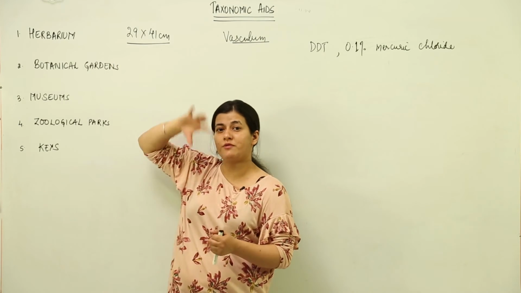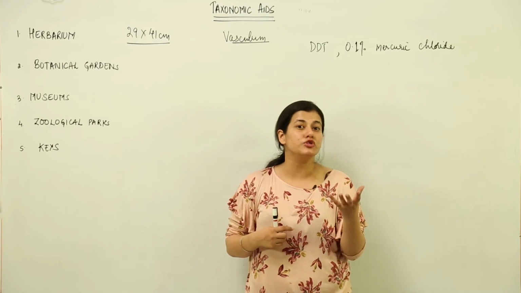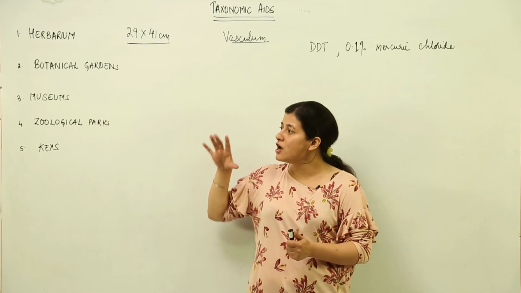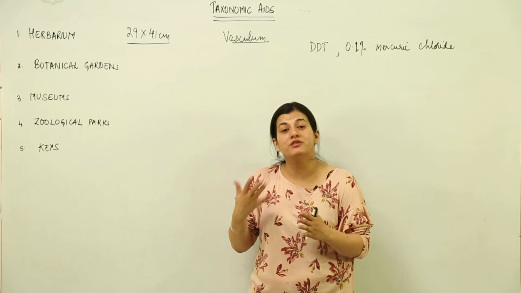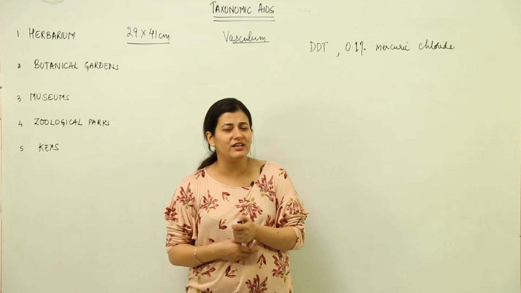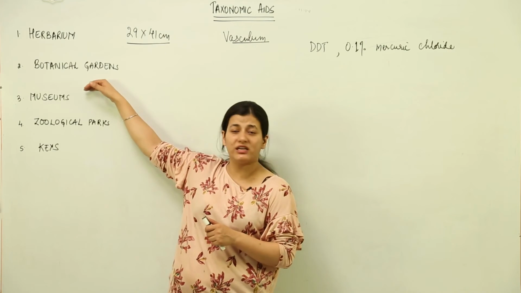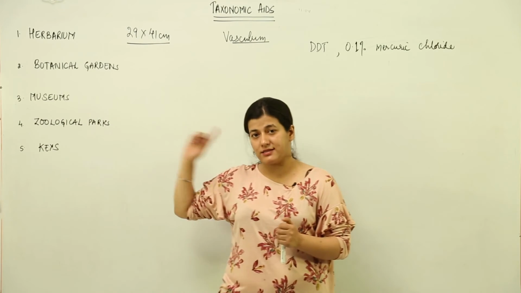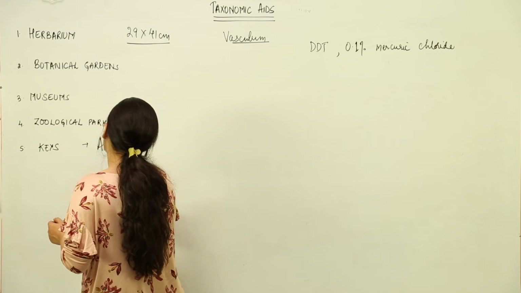Then those which cannot be contained in herbarium sheets, supposedly if I am talking about a gymnosperm, we cannot have a gymnosperm stuck to a herbarium sheet. For that we will have a museum where parts of it would be stored and preserved. We have many museums, and I need not tell you in detail what museums have. They have preserved animals, not in their living condition, unlike botanical gardens and zoological parks. The last one is the taxonomic key, which is an analytical taxonomic device.